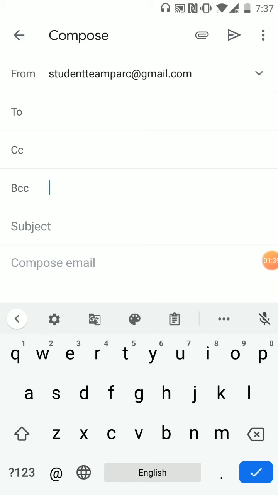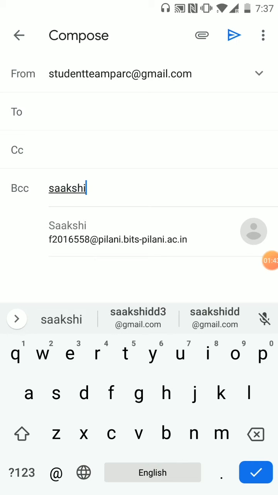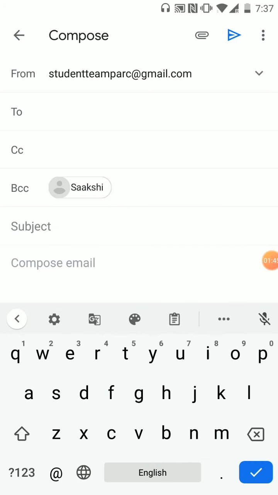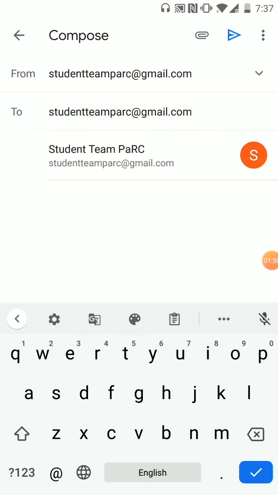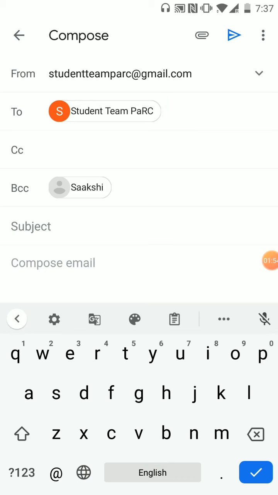What this means is if I enter a person in the BCC option, they will not be able to see who the other recipients of the mail are. So if I'm sending a mail to Sakshi, she will not be able to see who the other recipients of the mail are. She will only be able to see whom the mail is from.